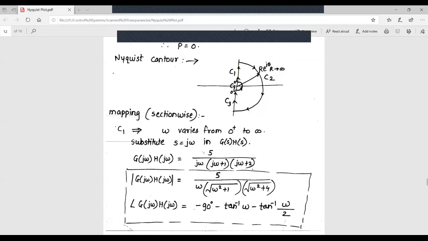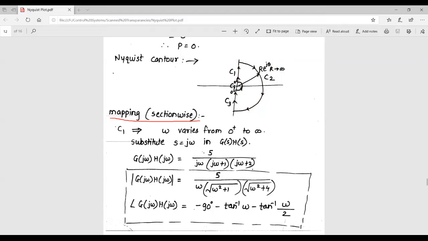So we will see how to sketch the Nyquist plots independently. Nyquist plot basically is nothing but a polar plot. So the method of sketching the Nyquist plot section wise remains the same as we do for polar plot. Suppose initially we consider the section to be C1, for which we will be calculating the magnitude as well as the angle. So section C1 would be 0 plus to infinity, right? So this is the section, straight line.